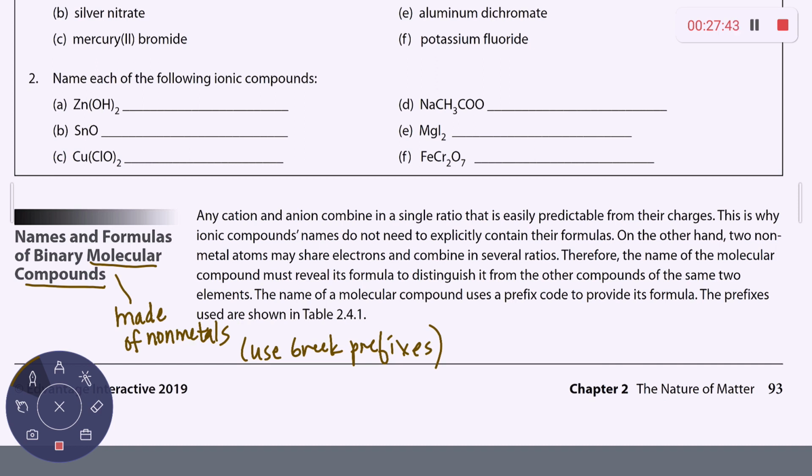You could highlight that in a different color if you wanted to, but you'll notice that the number 1 has a star next to it. That's because you only use mono with 1 oxygen. So if you have CO, then guess what? You can use mono to indicate that you have 1 oxygen. Otherwise, you will never use mono. Okay? All right, so on the next page,